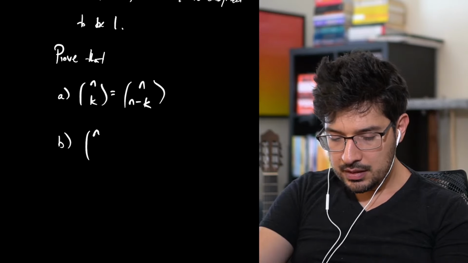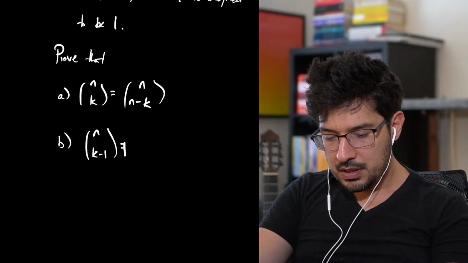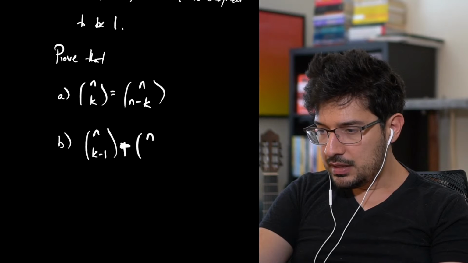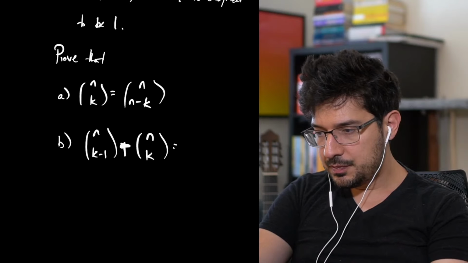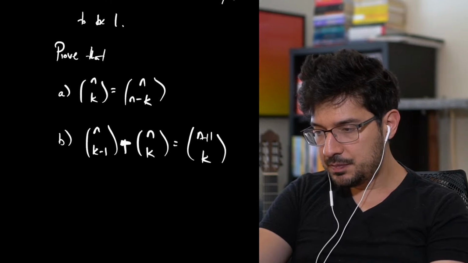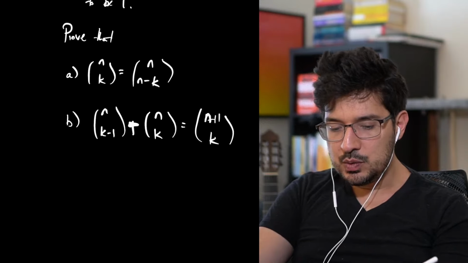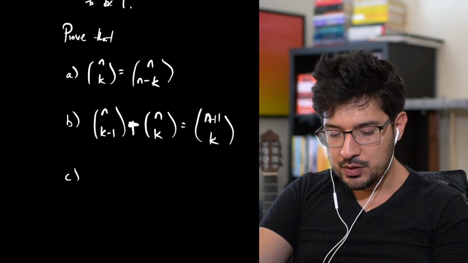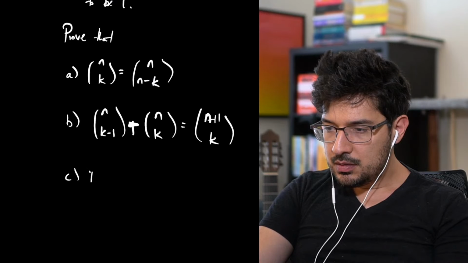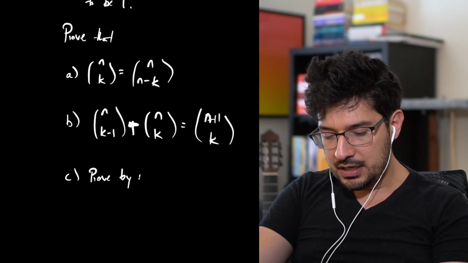Secondly, n choose k minus 1 plus n choose k is equal to n plus 1 choose k. So if you show these two steps first, then you can prove by induction